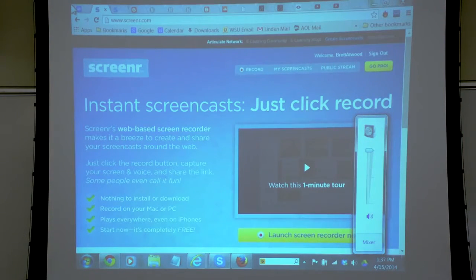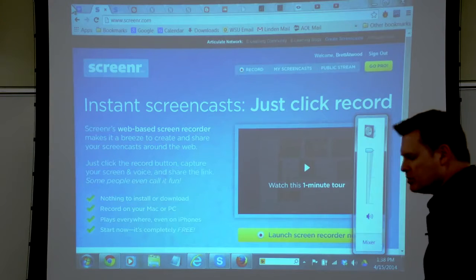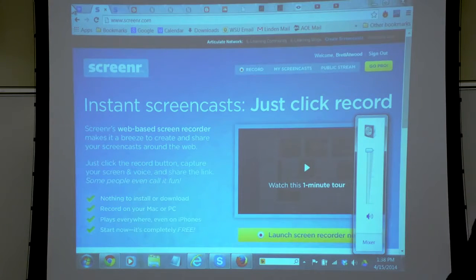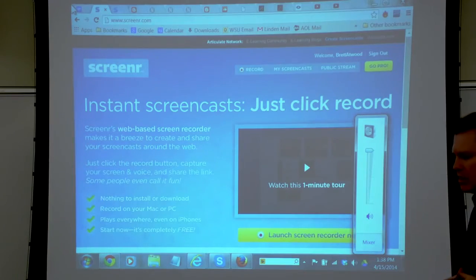screener.com is a free web-based software, so you don't have to download anything. Of course, as you would expect, they have a premium upgrade plan. If you want to do longer screencasts, they're going to charge you. There's extras that get unlocked, basically. But the way it works is pretty similar to what you've seen already. I use this, obviously, to do screencasts for my various